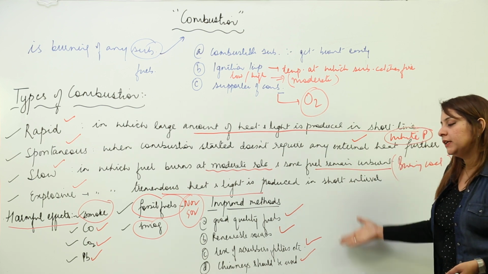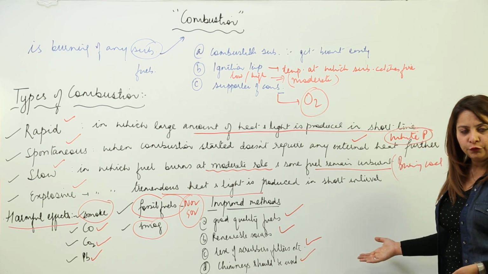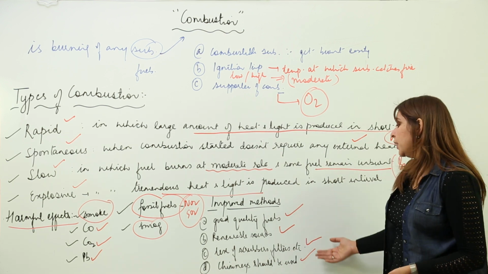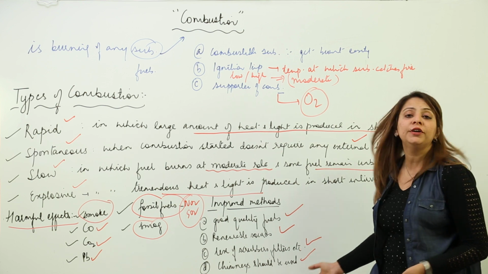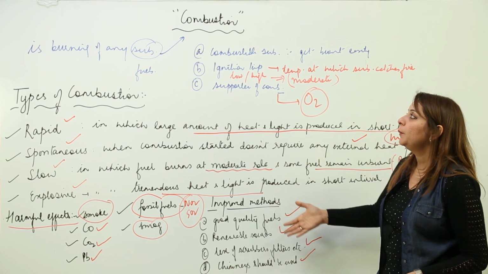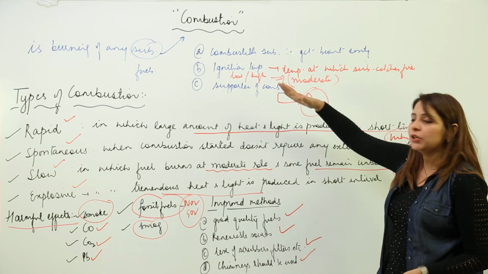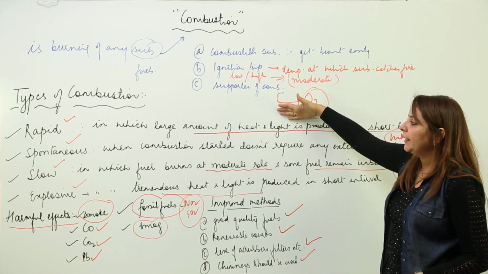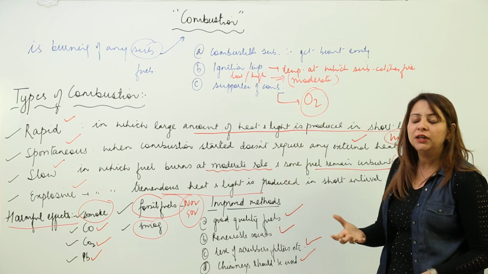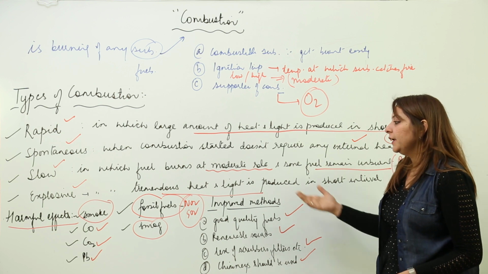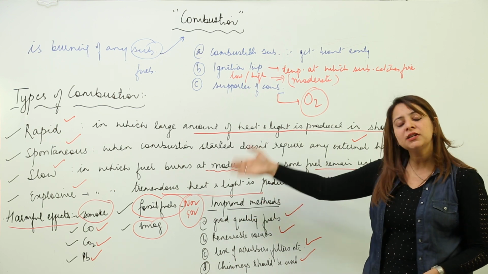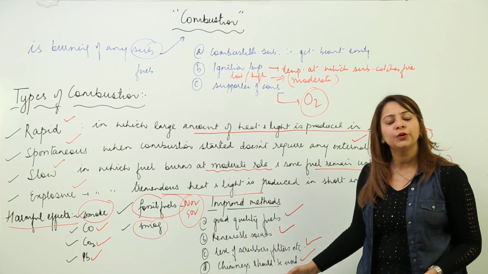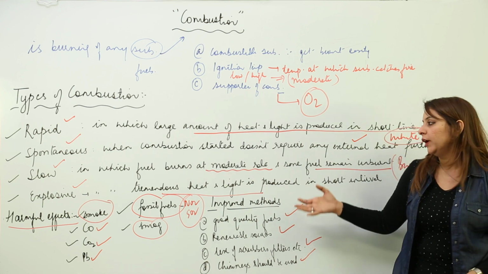So we can take these improved methods of combustion into consideration: good quality fuels, more stress on renewable sources, scrubbers, filters, precipitators, and moreover tall chimneys can be used. So this is all about combustion. I think you got it, that combustion is the burning of any substance, particularly fuels, and we discussed the three conditions which are required, the types depending upon the rate at which the substance catches fire, and the harmful effects, which we have also discussed in air pollution. And these are the improved methods which you can use when you are carrying out combustion.